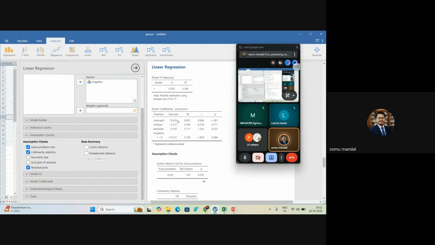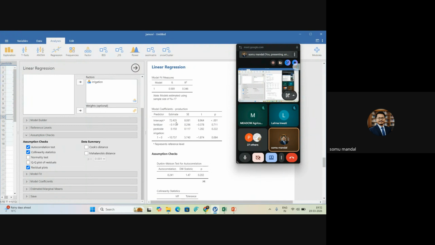We feed some data and then we call for what? Predict. You can also predict the amount of production from these independent variables with the help of the estimate. So here you find out what? The intercept value is 72.435. So if you do not change anything in your study area, the initial production of